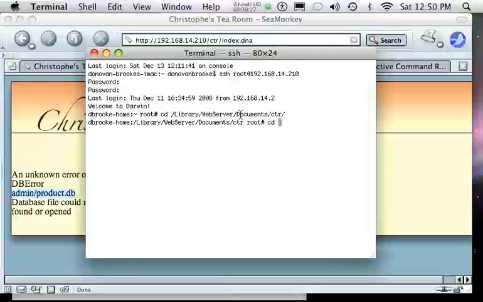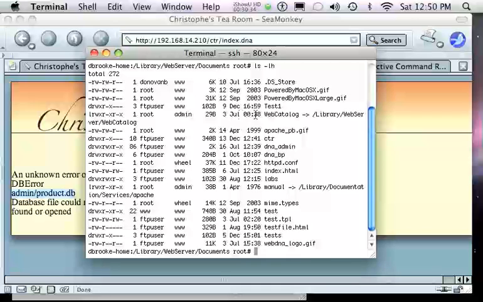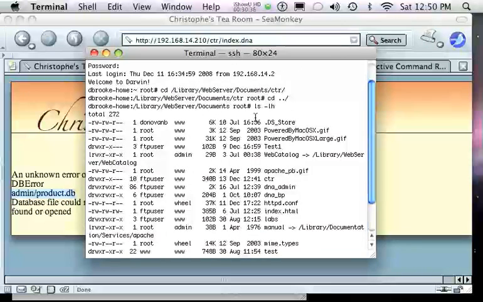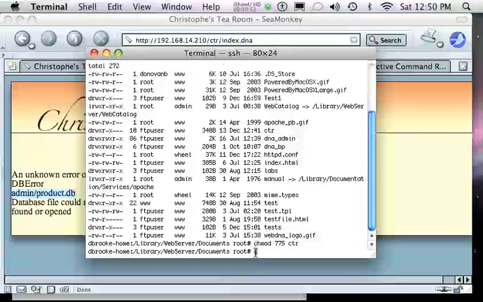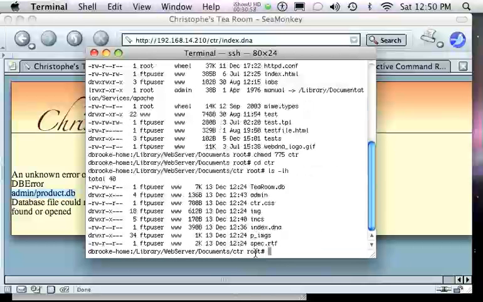Since I created the CTR directory, I want to take a quick look at what the permissions are on that directory as well, which is right here. I like to have my directories as 775, so I'm going to actually fix that. And then I'm going to go back into that directory of CTR and check our